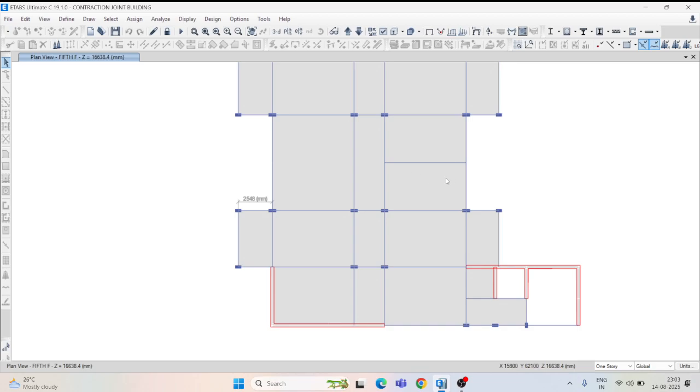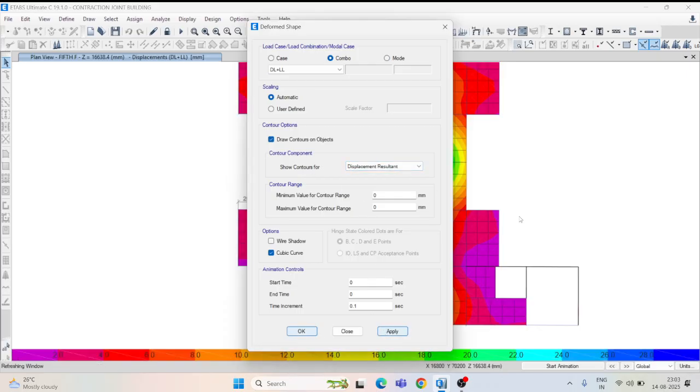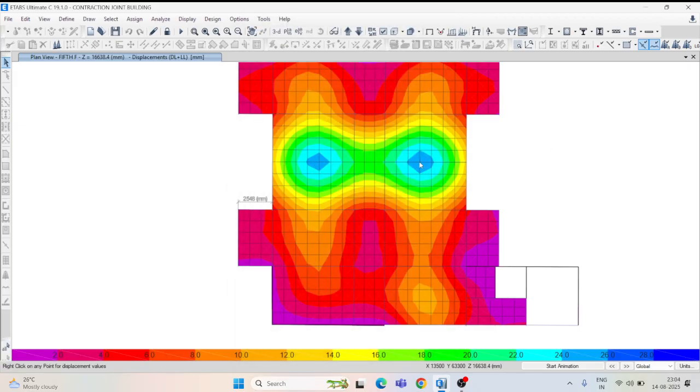Okay, so here just go again, go to show deformed shape and go to combo, click here dead load, live load. Now just apply and OK. So here how much is the deflection?